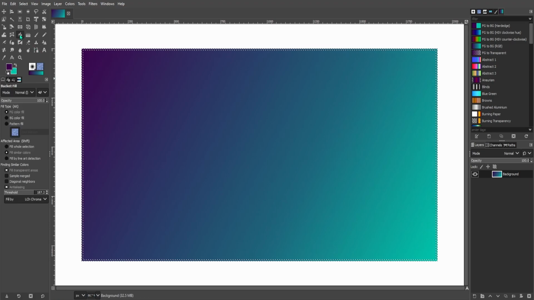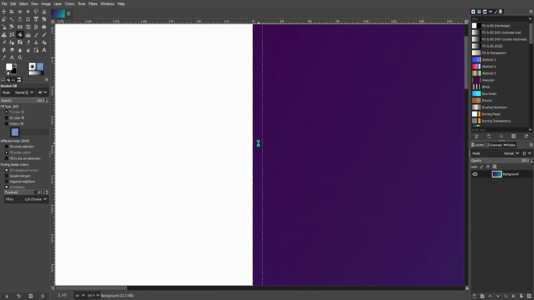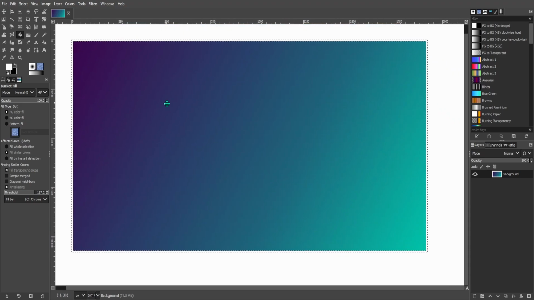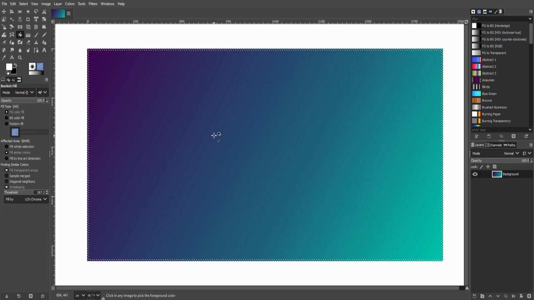Now, if you come over to your bucket tool, we want our color to be white for our border. Make this whatever you want. Come over here, fill it in. Now you have a white border around your thumbnail. Now, I do recommend we're going to do Control Z. Instead of doing this, you're going to get your outline, come down here,